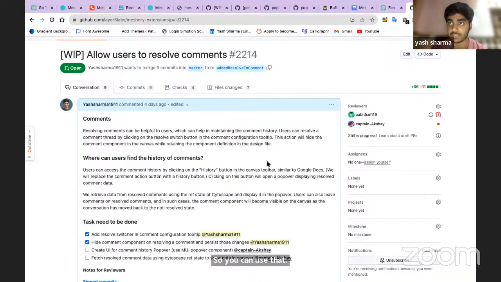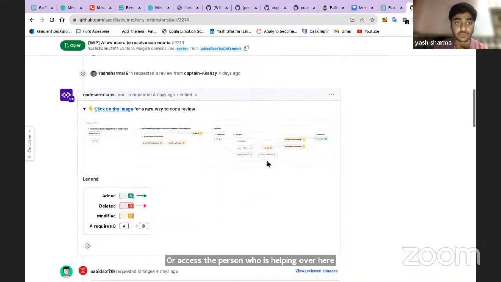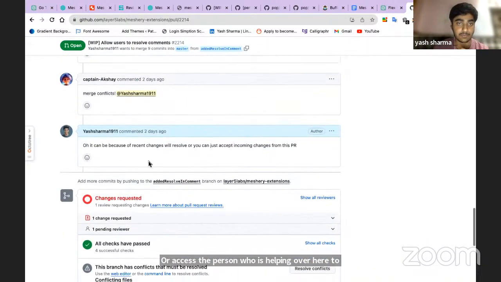Inside the designs, you can put comments and collaborate with others, and you can comment and review the designs and everything. We recently made some enhancements, like you can now use an emoji picker in the comments. Now you can have a history of the comments, and we are working on that particular area. Akshay is the person who is helping to implement that part. I think he hasn't uploaded the recent changes video yet, but I was hoping that he would have by now. We met one hour ago on what is left and what needs to be done.